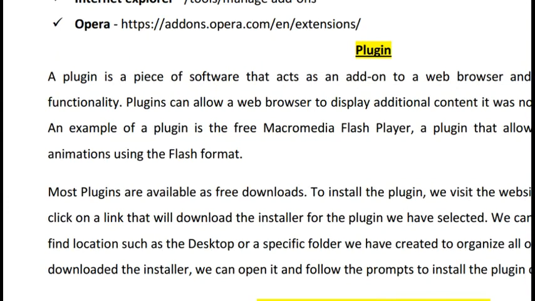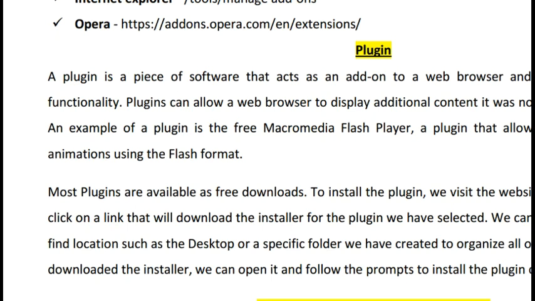Suppose different kinds of online applications use different kinds of programs. If you want to see animation in the browser window, we require an additional Flash Player, and this is called a plugin. So we can say simply that a plugin is a big thing, and an add-on is a small thing.